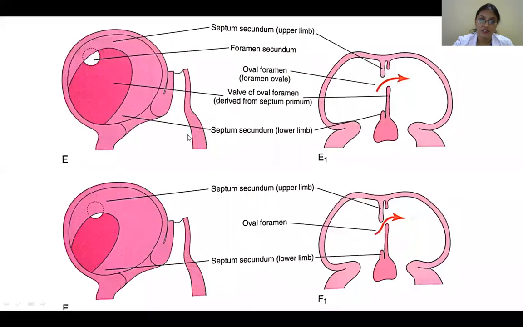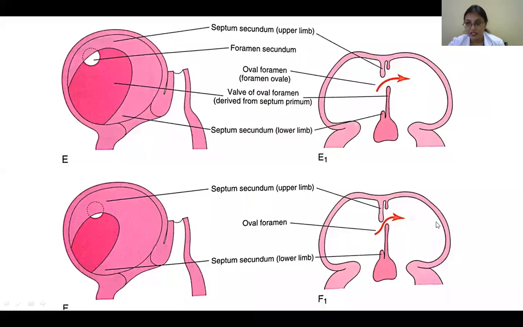Okay, so you can see how this is going and covering it. And this one is the foramen ovale. So whatever blood comes here from the veins, the vena cava, inferior vena cava especially, and the superior vena cava, goes through this like a valve now. There is always a pressure from the right, so it has to go into the left.